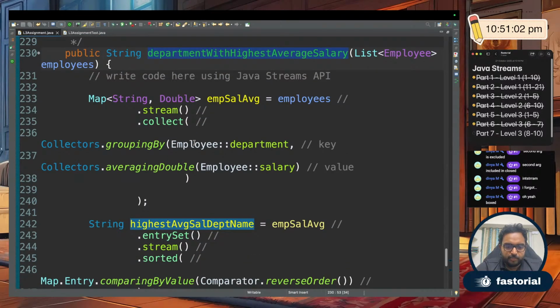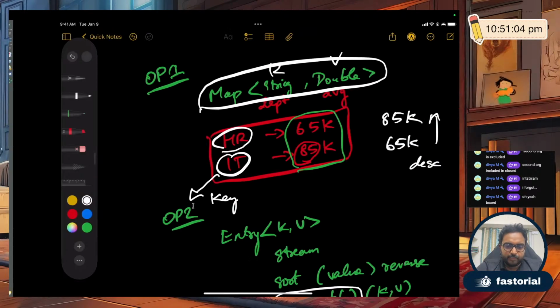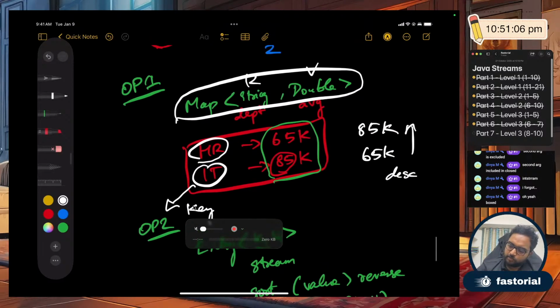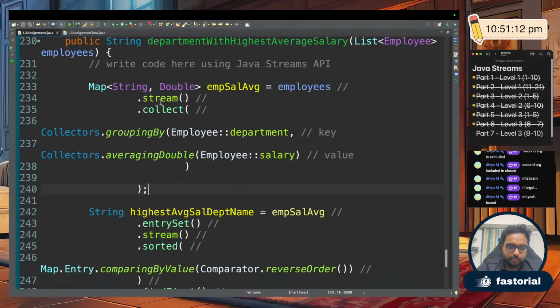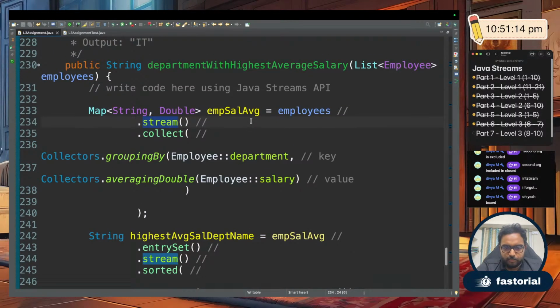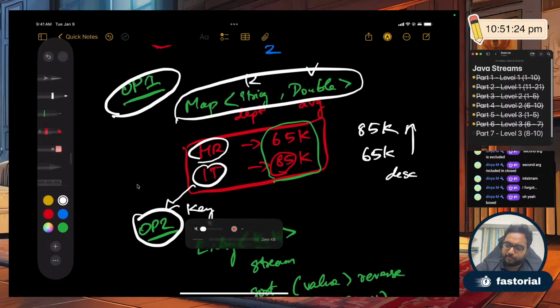Fine, so let me quickly go through what we did. We did two operations, operation 1 and operation 2. So there were two streams created. The first stream was created, so you see the dot stream, to get a map where the keys are the department names and the values are the average salary. So we created a map like this, which says